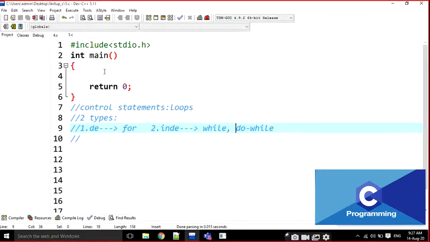The next one is indefinite looping. This is also called a loop. The instruction is somewhat different. What is that? 2 steps. Until...